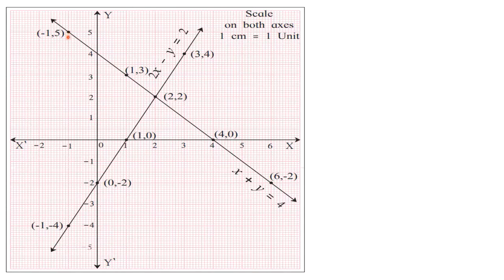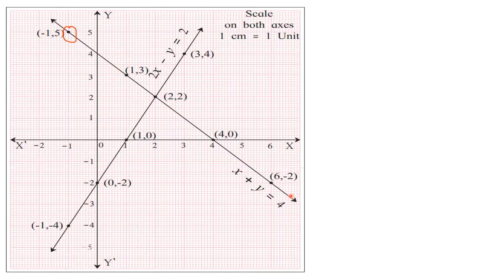And here you draw a circle around this point. It is not drawn here, but you should draw the circle around it, because when your pencil is light, the point is not visible to the examiner. So keep the habit of drawing a circle around the point. Similarly, you locate the next point, that is 1 comma 3. Then next is 4 comma 0, and the last is -6 comma -2. And then draw the line passing through all these 4 points.